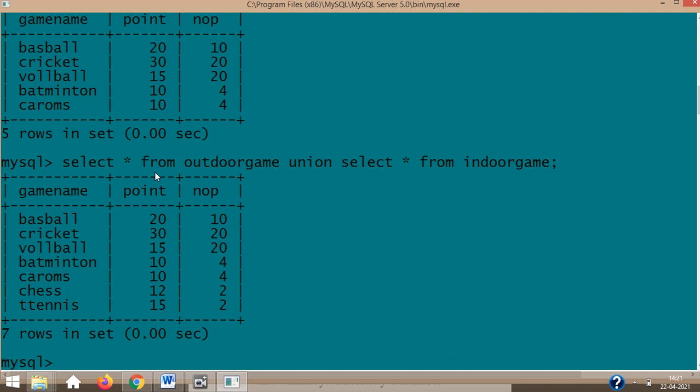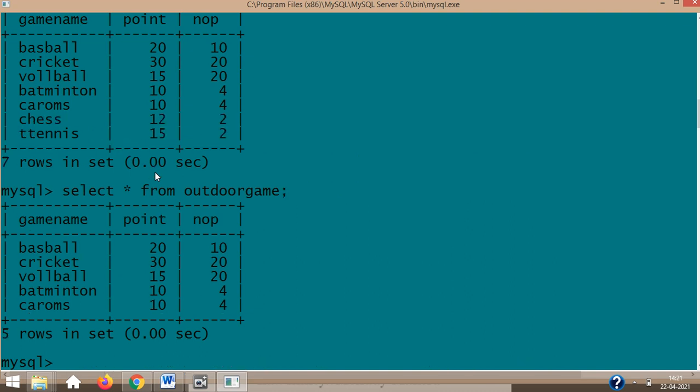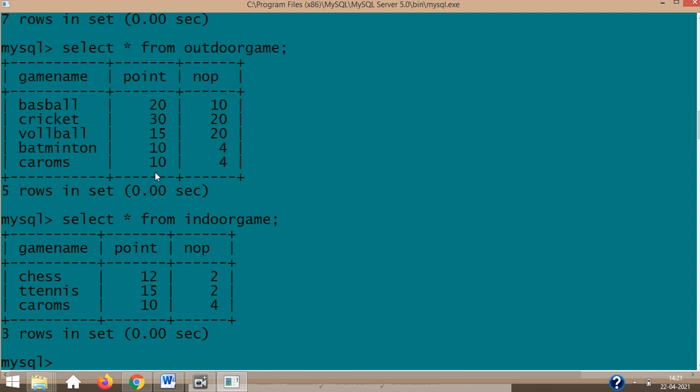You might have already noticed one more thing, that carom, which is actually present in both the tables, is displayed only one time. Once again, I'll show you. Look carefully, okay? It's actually 5 plus 3, so 8 rows should be there.